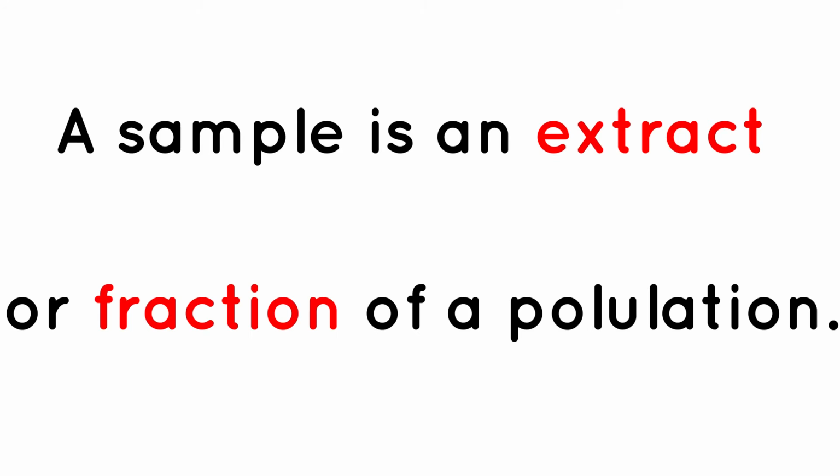In simple terms, a sample is an extract, or we can say a sample is a fraction of a population. In the ideal world, in the simplest world, a sample is supposed to be the perfect, or exact, representation of a population, but that is not always true. We will get to know more about this when we get to the concept of sampling and estimation in the next few videos, but let's just take it that, in the ideal world, the sample is supposed to be the exact image of the population. So a sample is a fraction of a population, and it is easier to analyze a sample compared to a population.